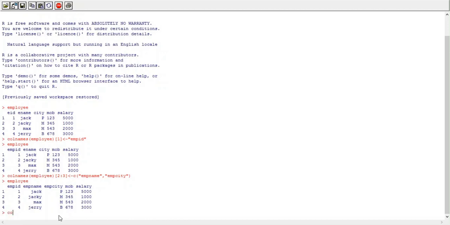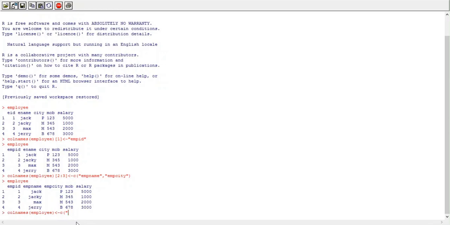So here write down colnames function, after that name of data frame, and now there is no need to specify the index of column, because here we are not changing the name of any specific column, but we want to change the names of all the columns, so there is no need to specify the column index. Okay, just specify the name of all columns, the new names that you want to assign to the existing columns.